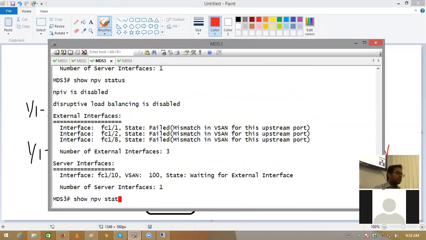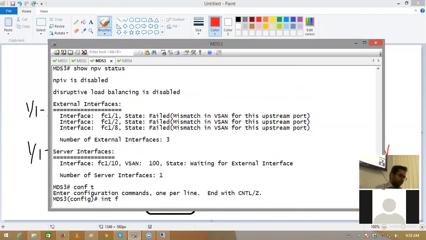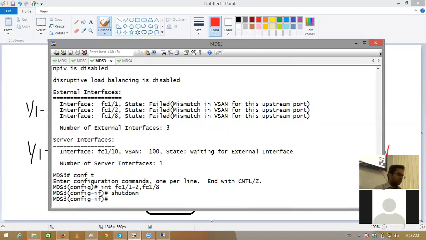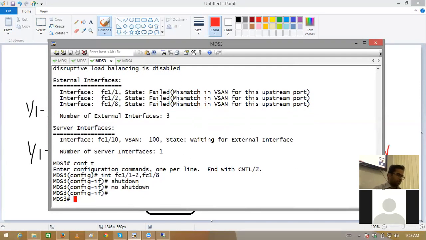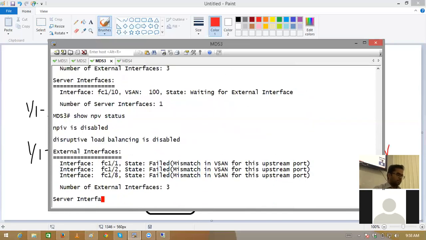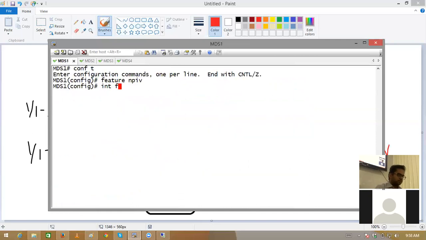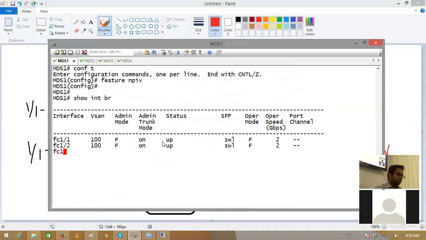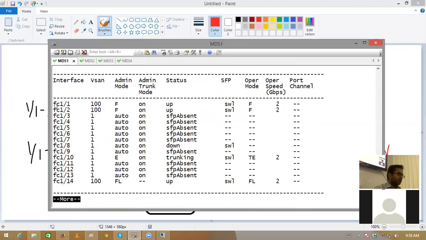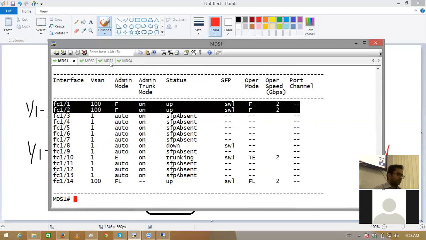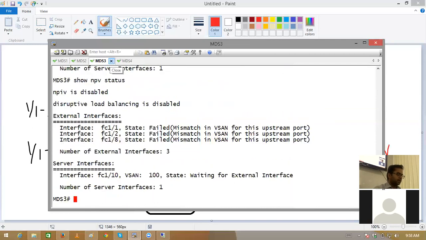Now, none of the external interfaces is coming up right now. When it's not going to come up, always go to your FC1/1 to 2, 1/8, shutdown, no shutdown. So we need to reboot after giving feature NPV. No. I think in MDS 1, if I see the pattern now, show interface brief. Now it is telling that it is in up condition. If I see in MDS 3,